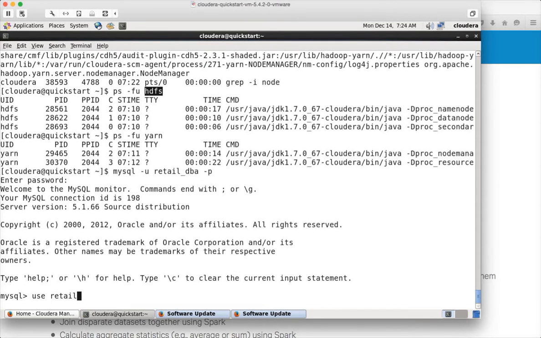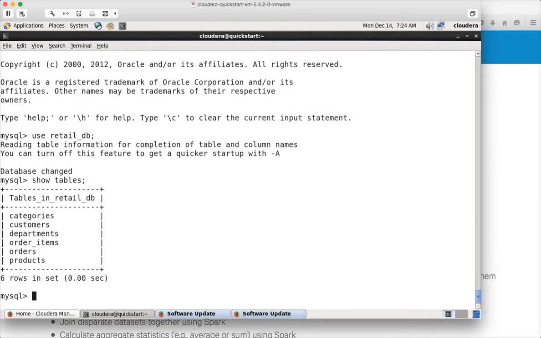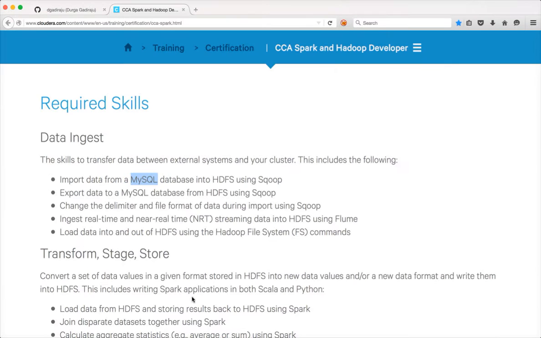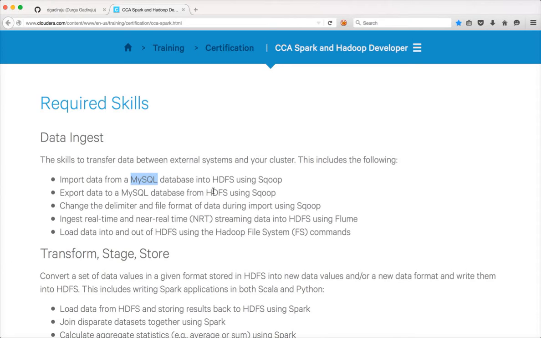I have emphasized this as part of the earlier video as well. Then you can say use retail_db and show tables, and you can see that there are 6 tables here. The line item says import data from a MySQL database, and in this case the database name is retail_db, into HDFS using